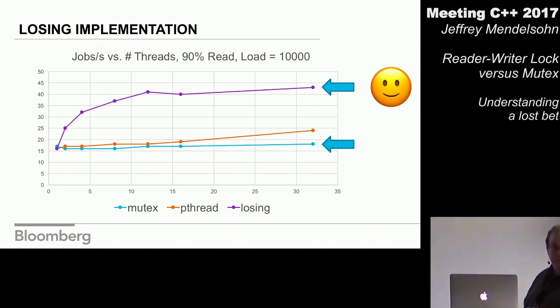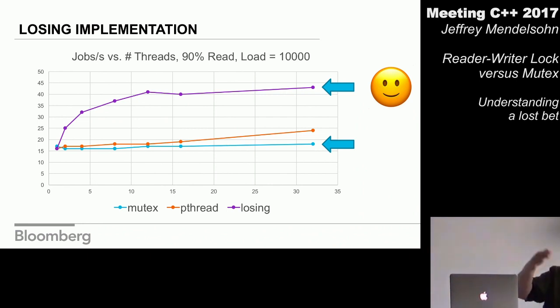When you say 10% write, is it a job that's only doing writing, or a job that has 10% instructions that are writes? So the benchmark is set up very fictitiously. You take a job. That job is either read or write. It's not a queue of jobs. It's just, this is the index, do some math, figure out what job it is.